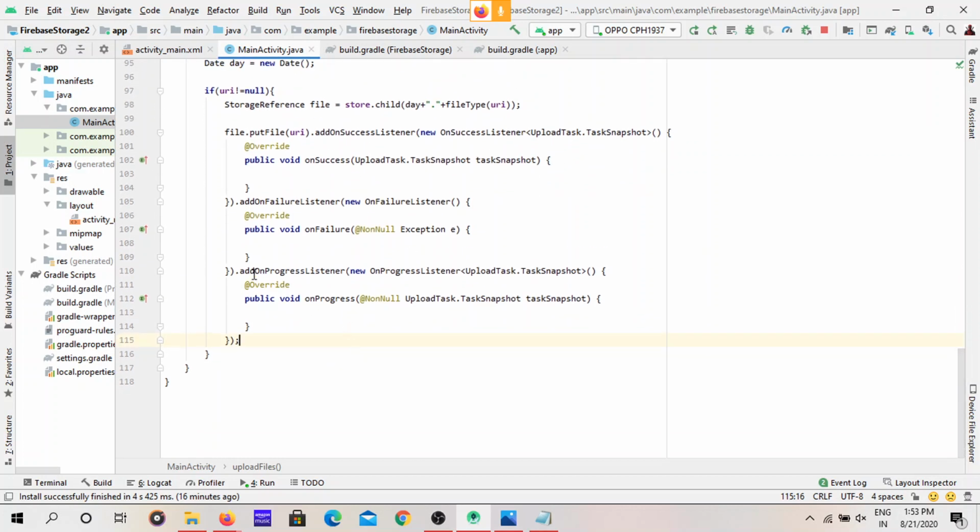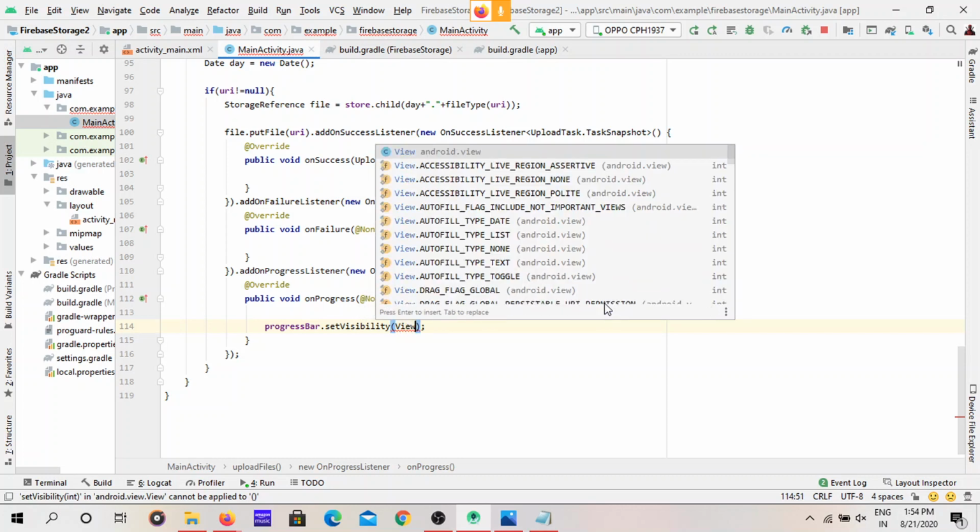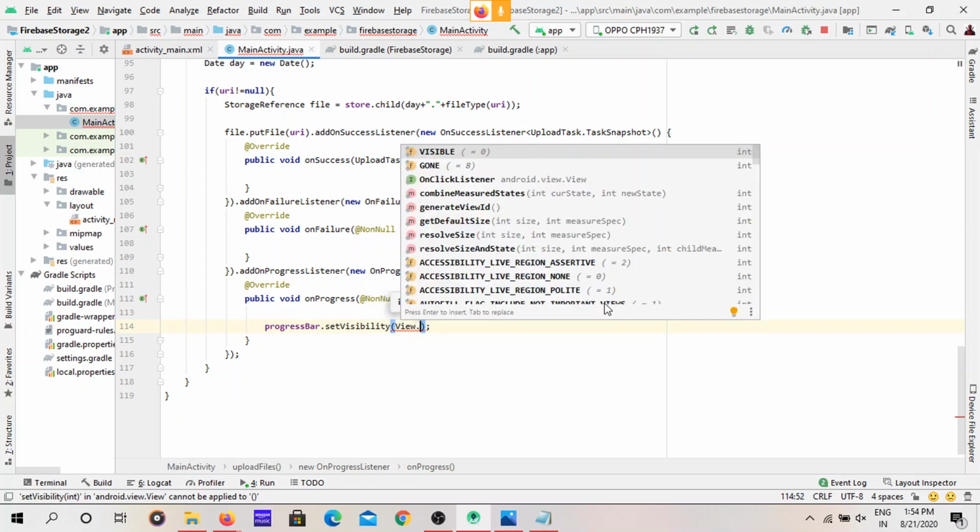Let's first start with the progress. When the image is uploading, it is still uploading, we have to give a message to the user that it is still uploading. We have to give something to the user to know that the image is uploading. For this we are going to use the progress bar. Here we are giving progress bar dot set visibility view dot visible.